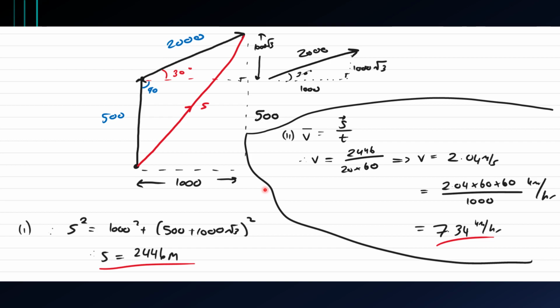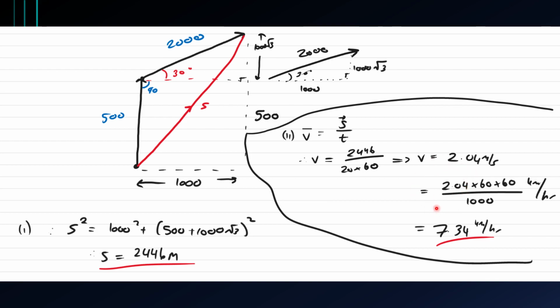The second part, average speed is distance over time, or we found its displacement over time if it took the displacement route. So it'd be 2,446 over 20 by 60, which is 2.04 meters per second, and convert to kilometers an hour,